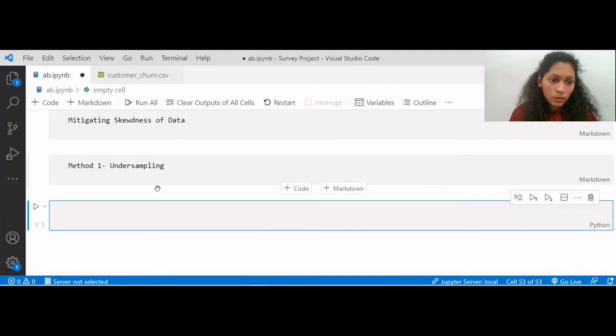So we are going to make a class. So basically what we are going to do here is that we are going to undersample the majority